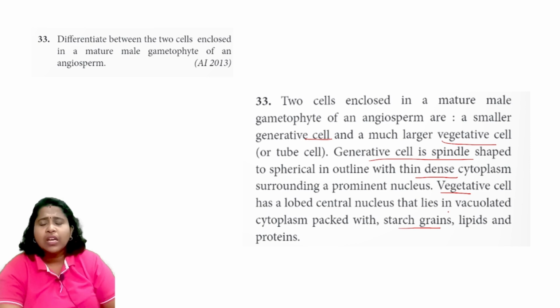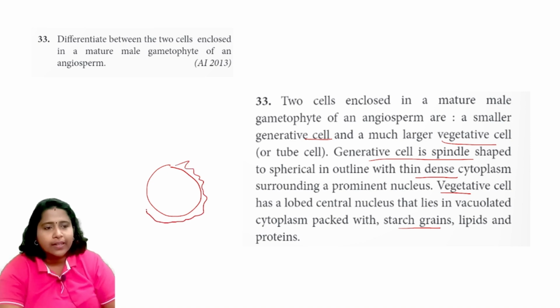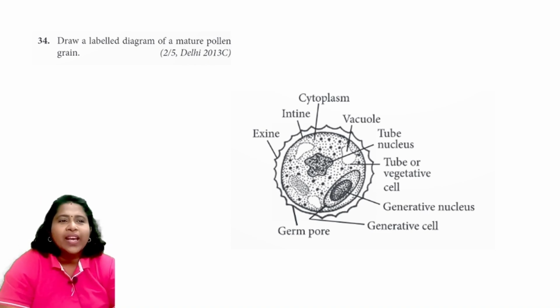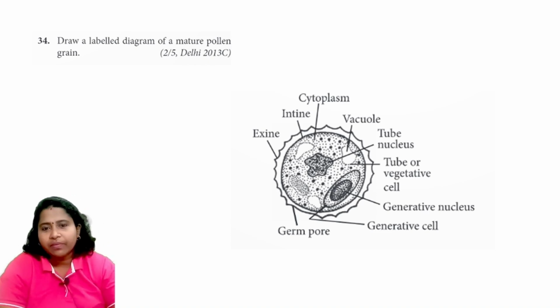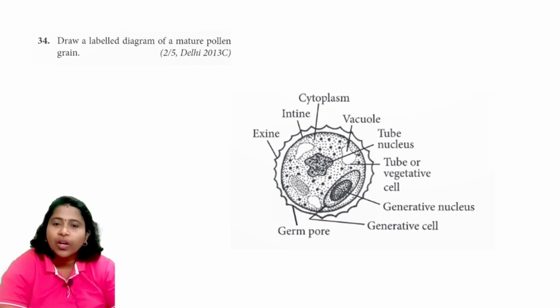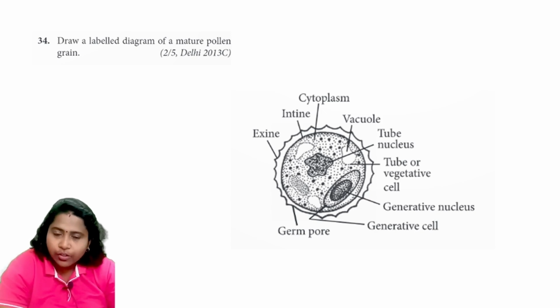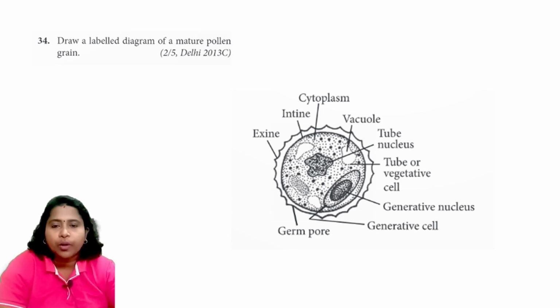So that's all. Only about the 2-mark question you will get, and you can draw a small rough diagram. That is outer exine like this. Then you can draw some intine like this one, small rough diagram. Then you draw one structure. This is vegetative cell. This is generative cell, and these are some germ pore also you can draw. Clear? So this is what. Draw a labeled diagram of a mature pollen grain. Directly they will ask the question for 2 mark or 3 mark. So perfectly draw everything and label it properly. You will get full mark if you are drawing properly.